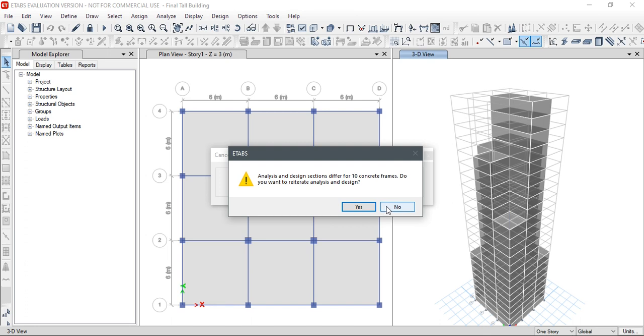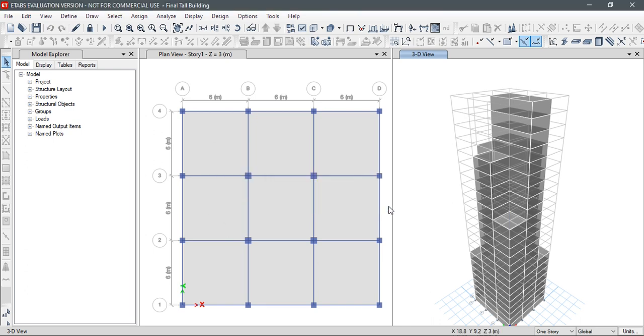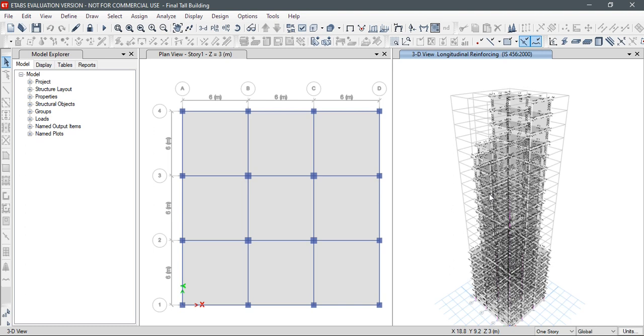This message is coming again, so we need to change the cross section. That means we have to choose a cross section of larger dimension in order to ensure the safety of this structure.